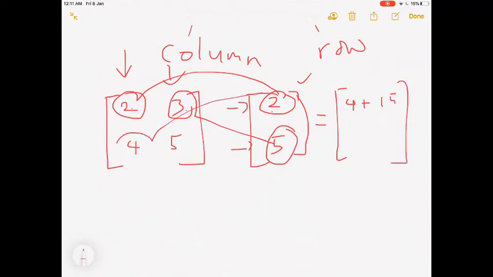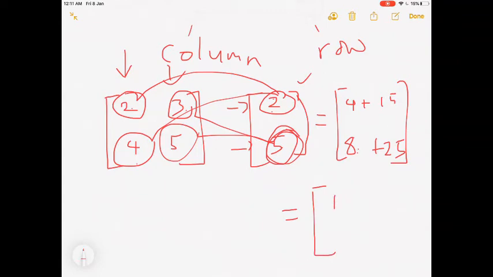2 times, down here do the same thing, 2 times 4, that's 8, plus 5 times 5, which is 25. And now our resulting matrix is going to look like this: 19 up here, and is that 33? 33 down here. Okay, now let's try and multiply a 2 by 2 matrix